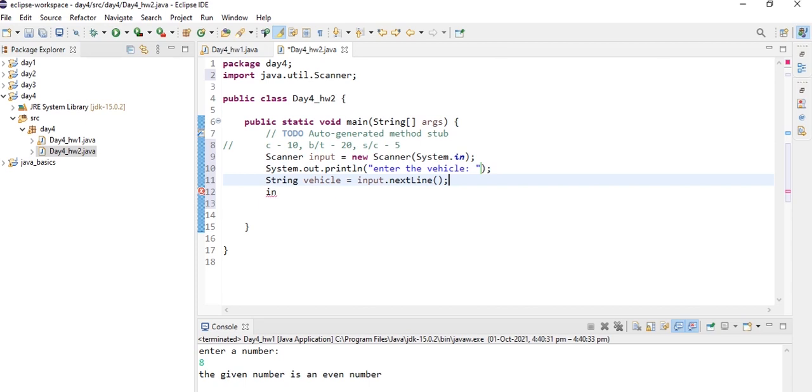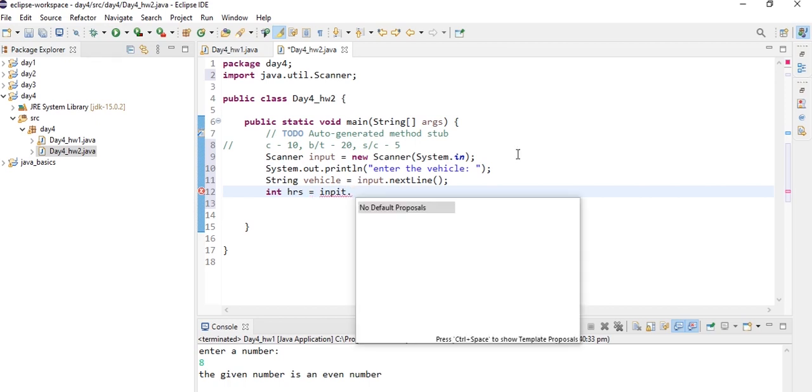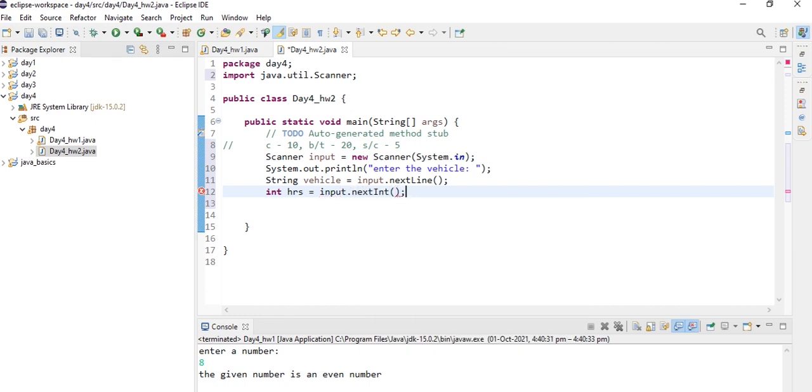Enter the vehicle. Now we are declaring another variable, hours, of integer data type, equal to input.nextInt, which is a method available in the Scanner class of the util package to take integer input.